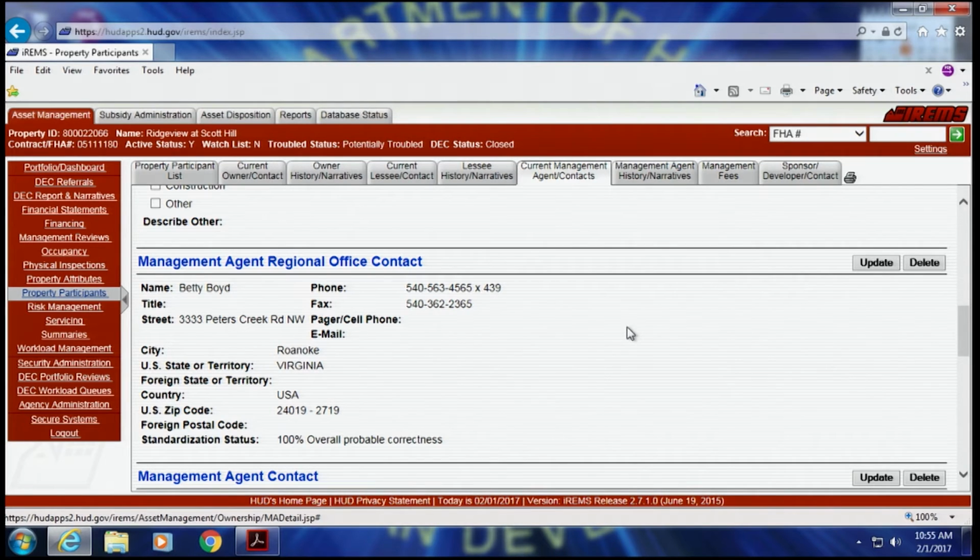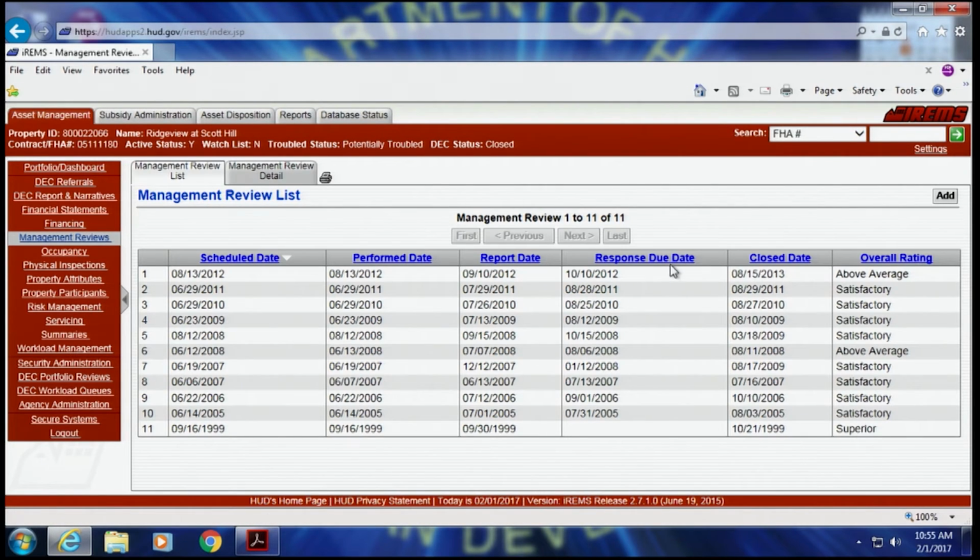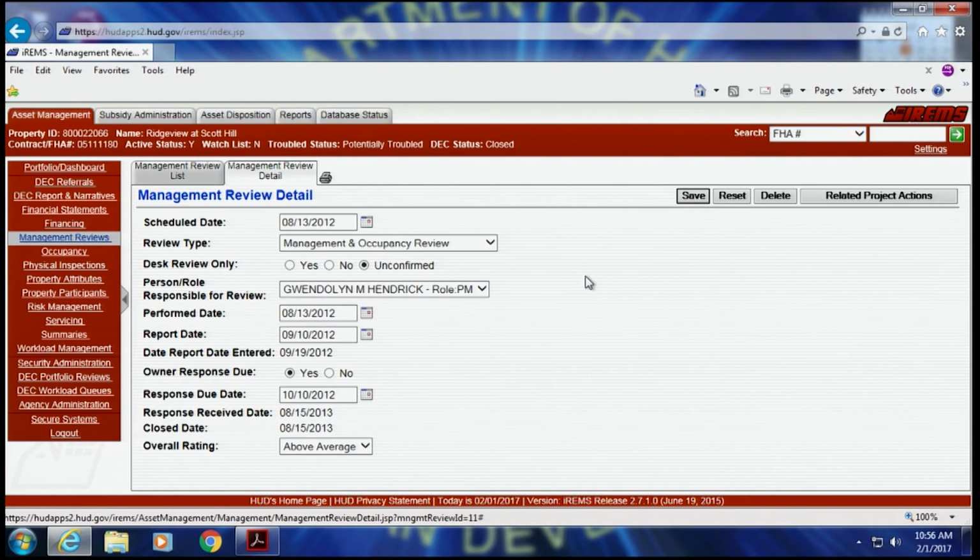So logically, you're going to do a management review of that agent on the property and how it's being managed. In this particular case, this property has had several management reviews. And those management reviews are entered on the screen by the account executive, senior account executive, troubled asset specialist.